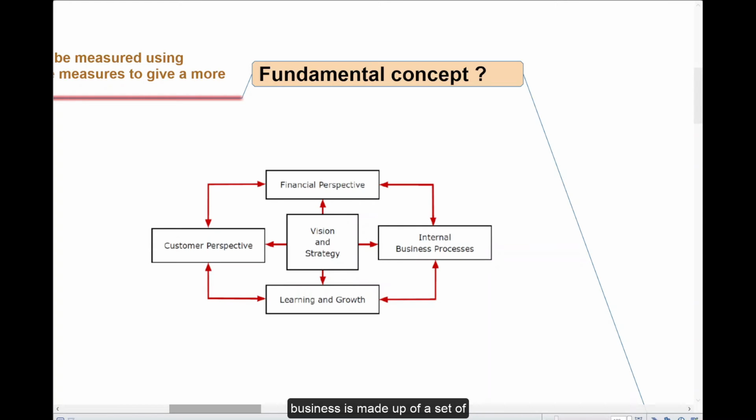Any business is made up of a set of processes, really, isn't it? Every business is made up. I mean, a simple example, you book a flight. You use a booking process. You go on to Skyscanner, you go on to a particular website, and the functionality within the booking system allows you to book a flight. Now, how many times, let's say, have you tried to buy something or book something, whether it's a flight or not, and for some reason or other, there's been a glitch? How frustrating is that? I find that with booking flights because I travel a lot,